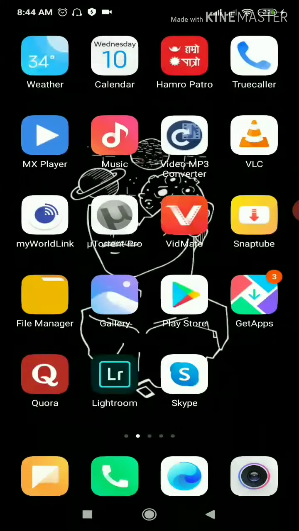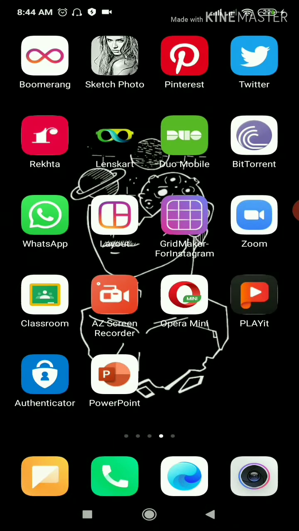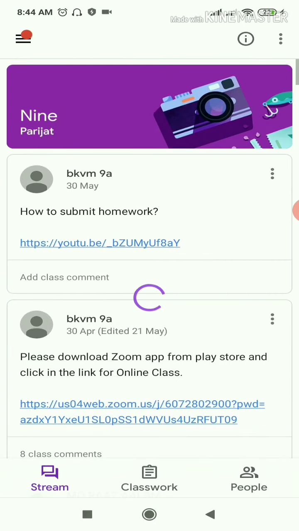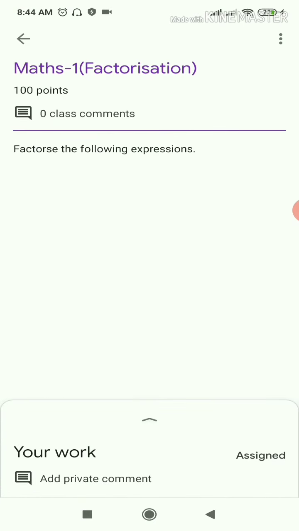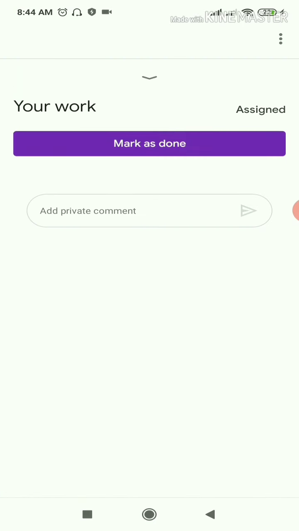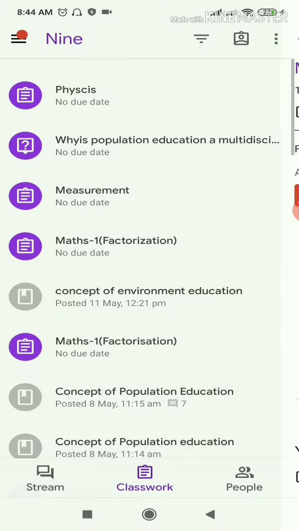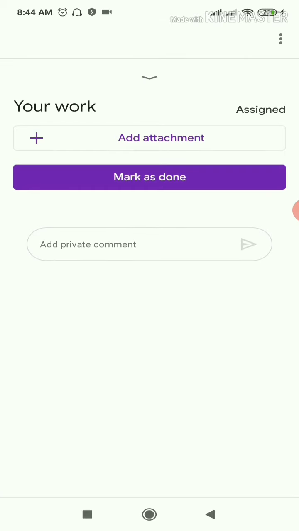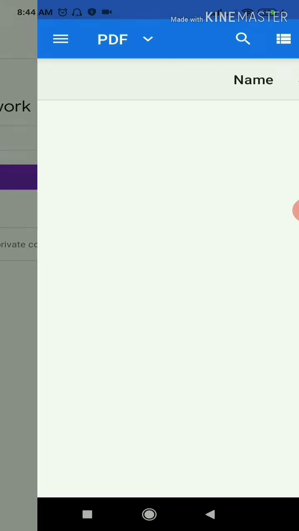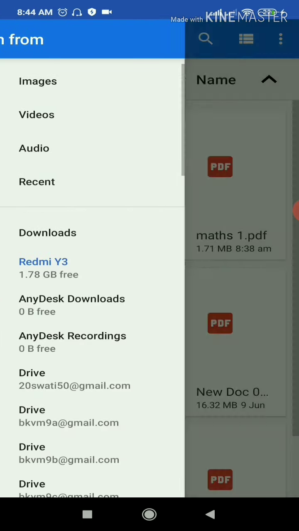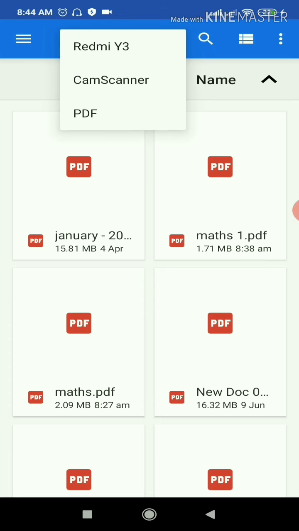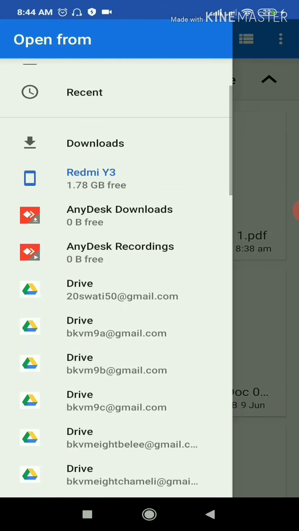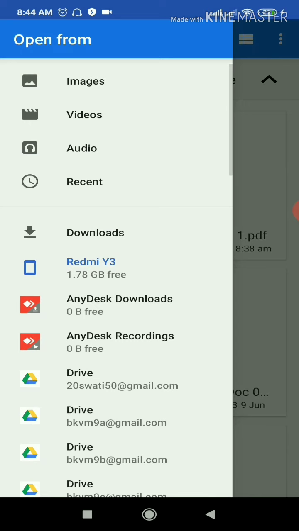And maybe you will not find it somewhere. See, in the classroom app, while submitting the homework, what may happen is you want to attach the, okay, no attachment is there. Let me open another. Okay, here you can see add attachment file as usual. Here if you click, maybe it will not show here, but something like Redmi Y3 will be shown there.